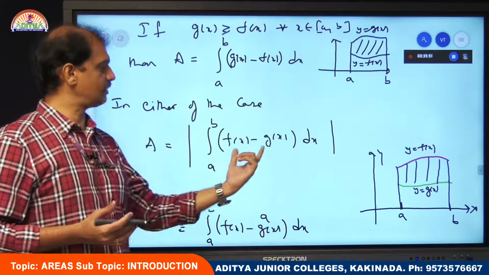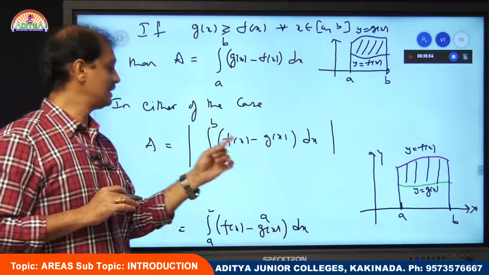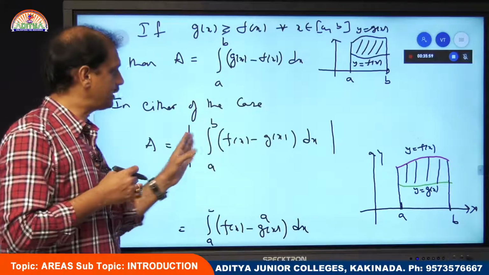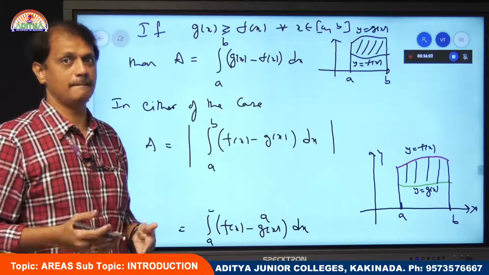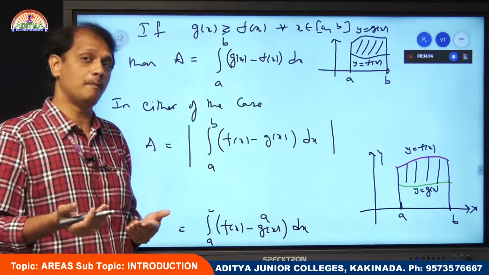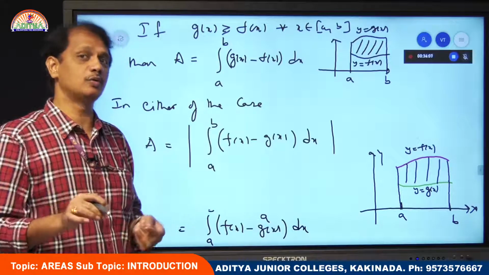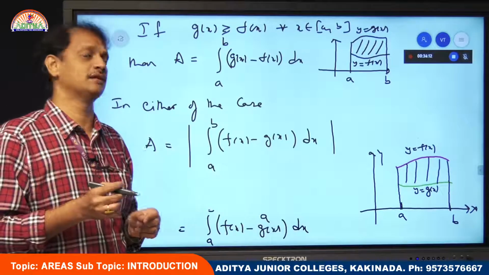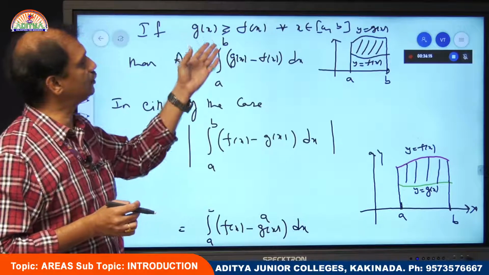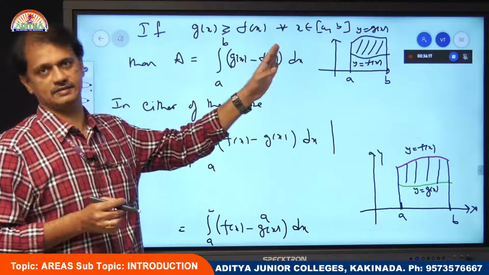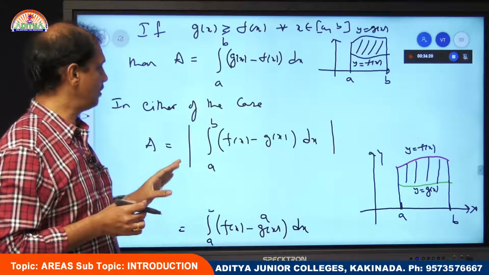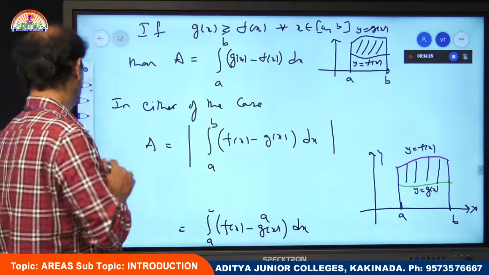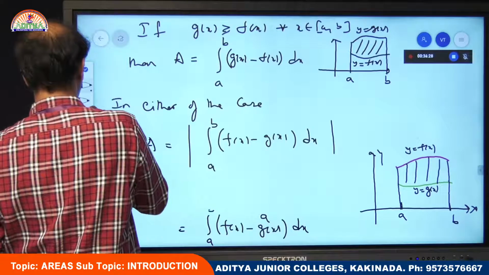Now in that case, f of x minus g of x will be a negative quantity. The summation of negative values is negative. Since we are calculating area, I am taking the modulus. Therefore, whenever the value under the modulus is negative, to write its modulus value we have to write the expression as it is with a minus sign. Therefore, what you will get is integral a to b of g of x minus f of x dx. Now, in both cases, we can observe this, when it is positive and when it is negative. Now, coming to the next one.